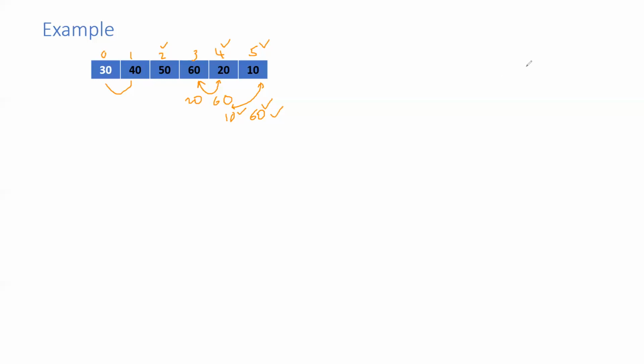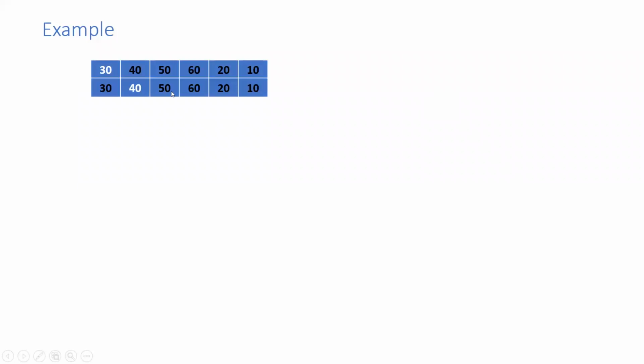Now let us see how it works. So in the first pass, what happens is, these are the elements in the array, and we pick up the first element, 30. Is 30 greater than 40? No. So we'll keep the array as is, as shown in the figure, and we'll pick up the next index, and the next element is 40. So we'll pick up 40, and then we'll compare 40 with the next element in the array. Is 40 greater than 50? No. So we'll again keep the array as is.